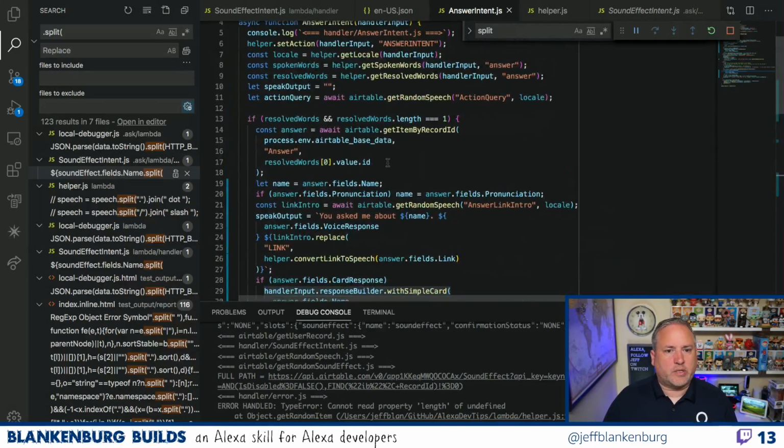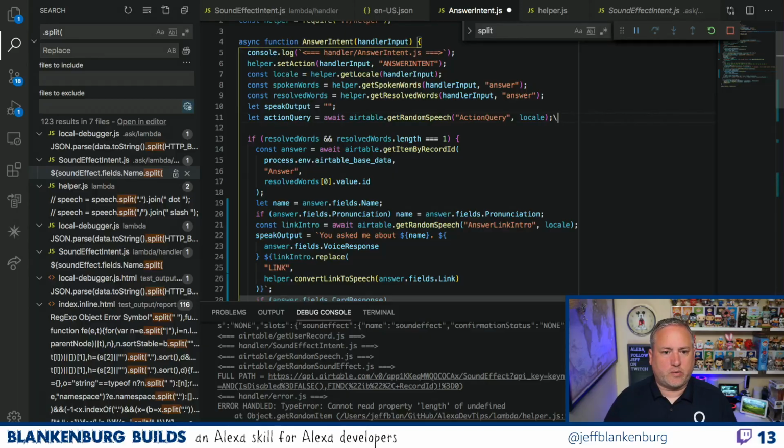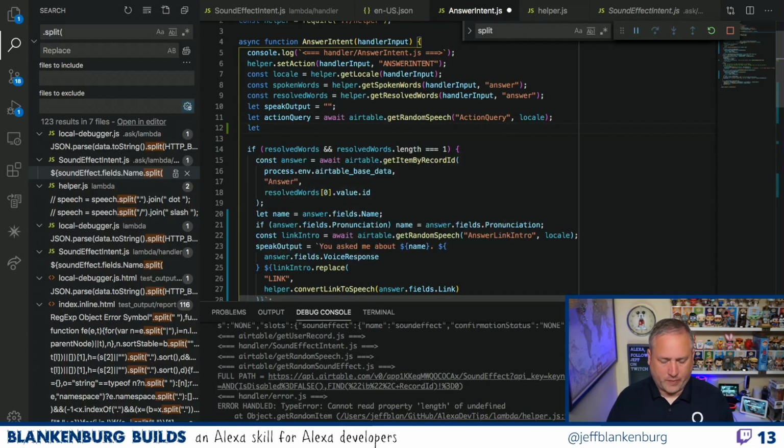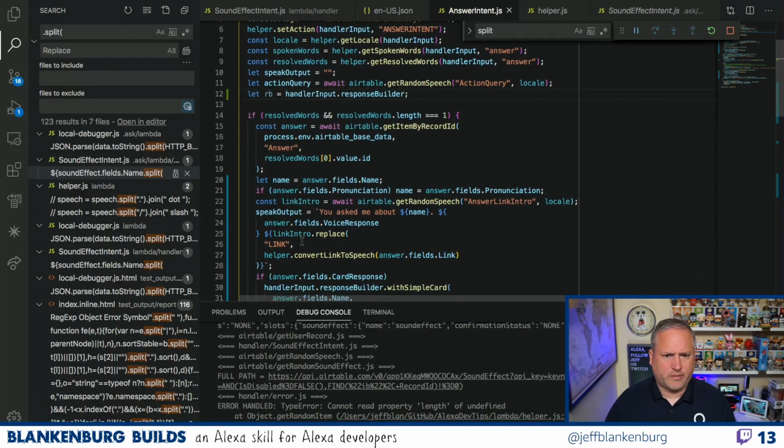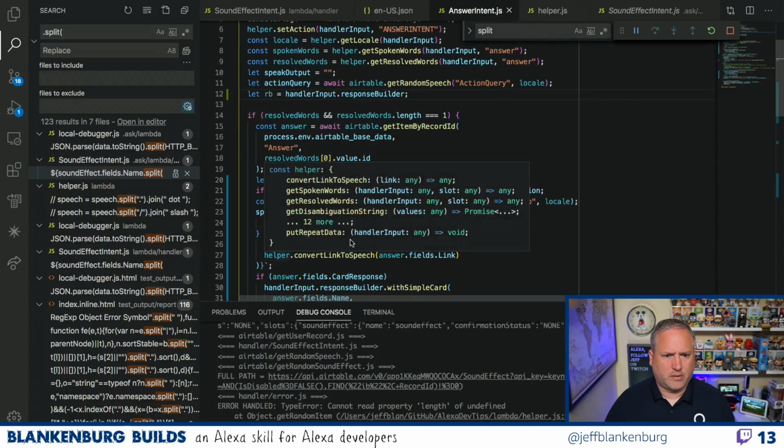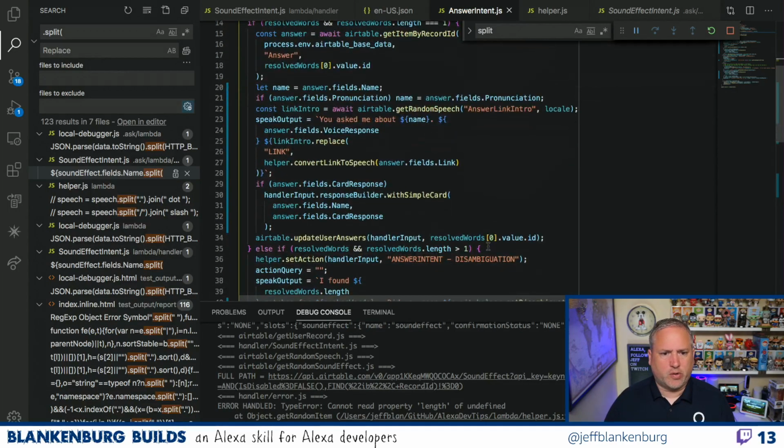Okay, we'll do this another way that I've seen, which is I'm going to do this. Let RB equal handler input.response builder. Okay, so we'll do that. And then here I can say, instead of handler input dot, we can say RB here.